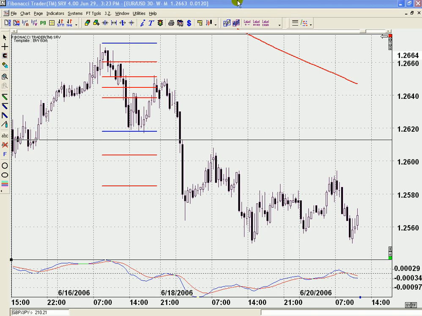Looking at a Euro US dollar 30-minute chart, price has swung down here, retraced 62% and then fallen to 162%. Now on this day we've formed a base down here and moving into the next day of trading, we're coming down here and we're testing that base as liquidity picks up,